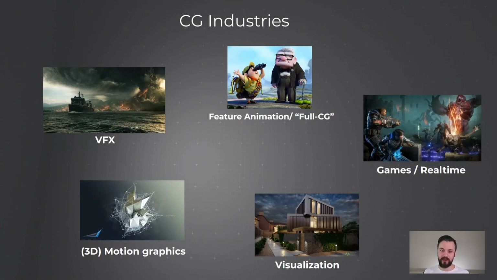So roughly, you can split up the CG industry in those 5 areas. We have visual effects, VFX, and this means you have real footage that was actually filmed with a camera, and we are adding 3D on top of this that is supposed to look photorealistic as if it is there. And this is the area where I work in, so keep that in mind. And companies that work in this field are ILM, Framestore, MPC, Double Negative, Weta, those kind of companies.